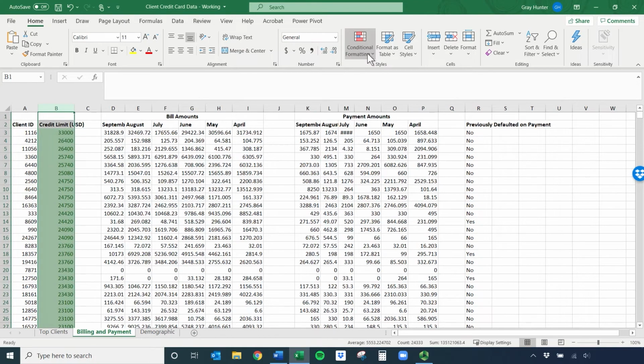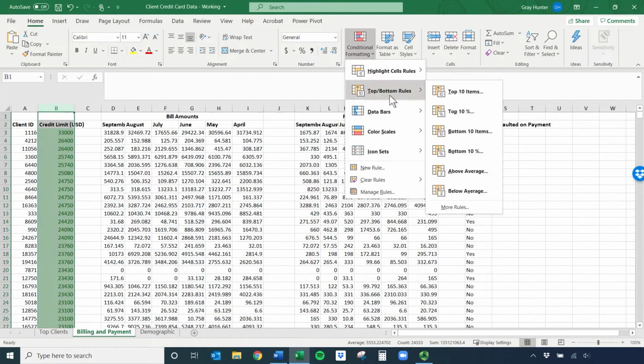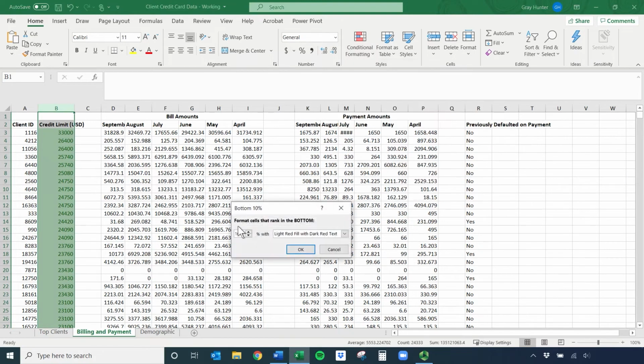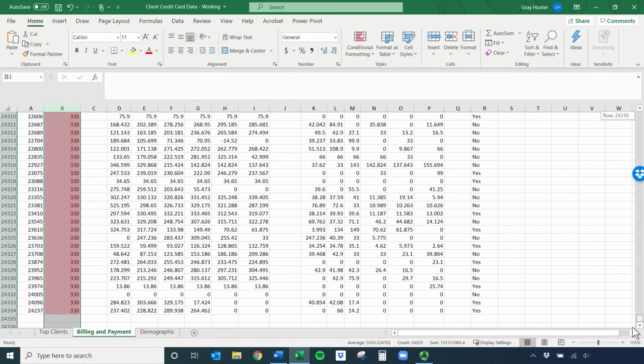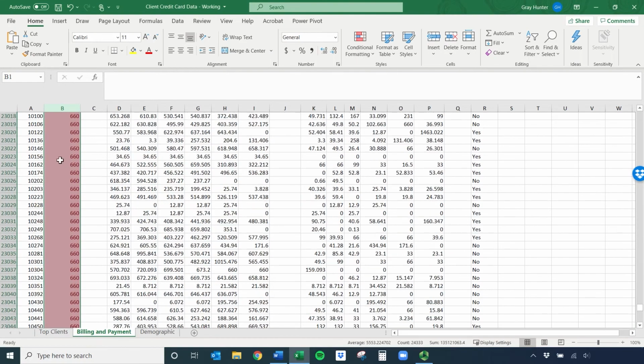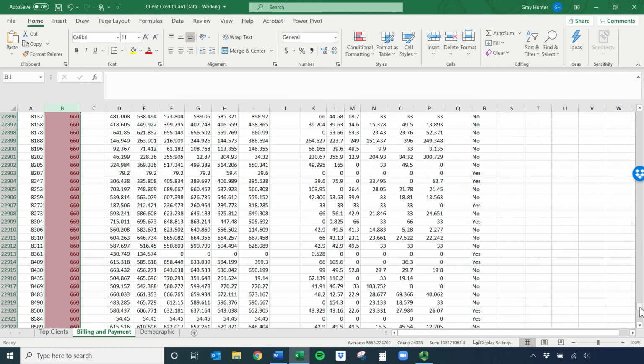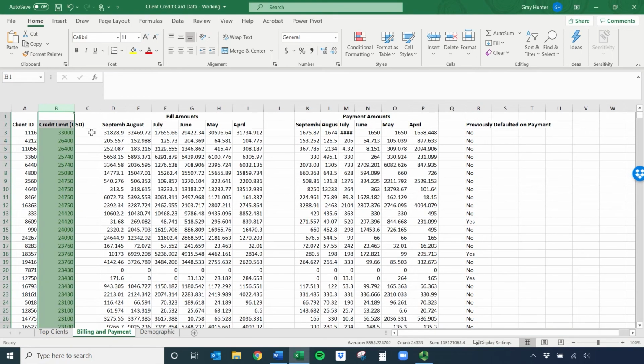Let's do the same thing, and you can do these on multiple ones. Let's do bottom 10% as well. We'll make that red, do okay, and let's see what happens. Let's go to the very bottom. All the low credit limits, the bottom 10%, are now in red. Not useful when we already have it sorted, to be honest,